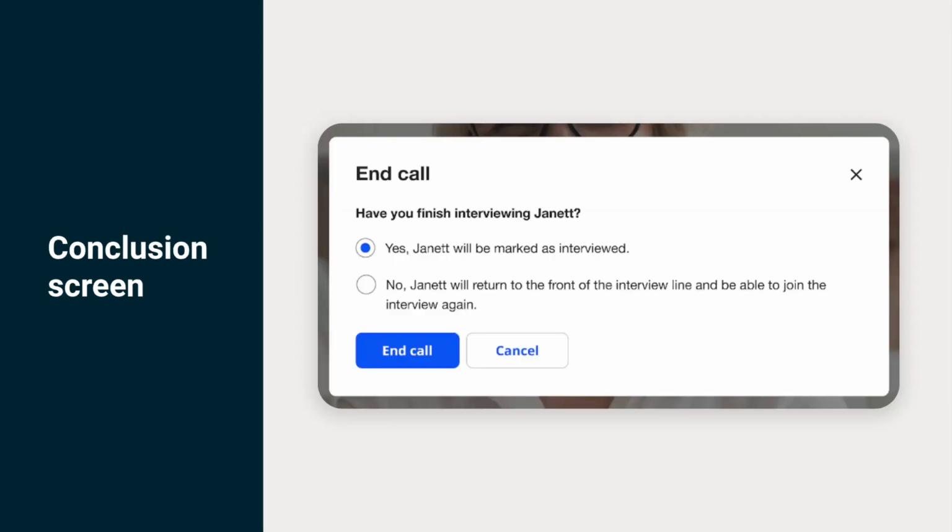Once you've completed an interview, you will see two prompts after selecting to end the conversation. The first is essentially the ability for you to put a candidate back into the waiting room if needed. This comes in handy if you're having multiple rounds of interviews or specific recruiters delegated to certain job titles and maybe want to reroute a candidate. If you do select yes, you will be redirected to the lobby and the candidate will be put back in the waiting room in the front of the line.